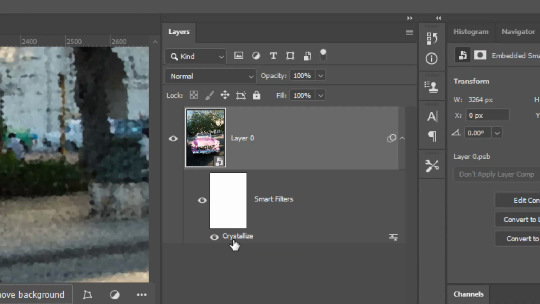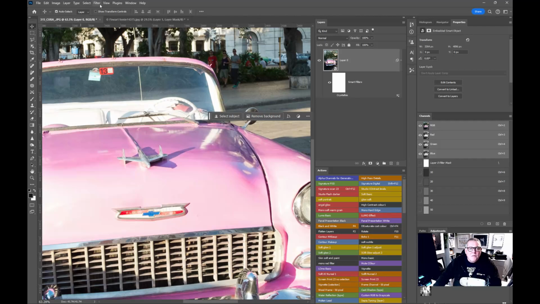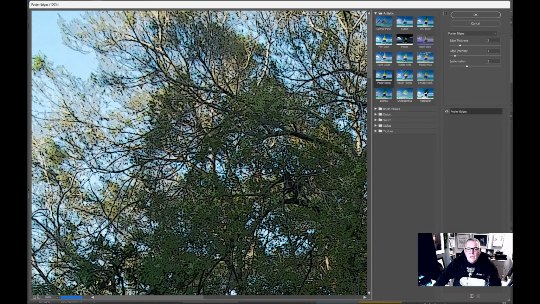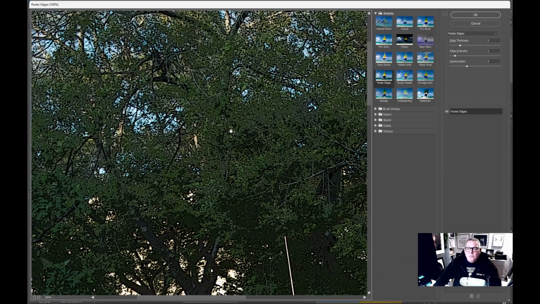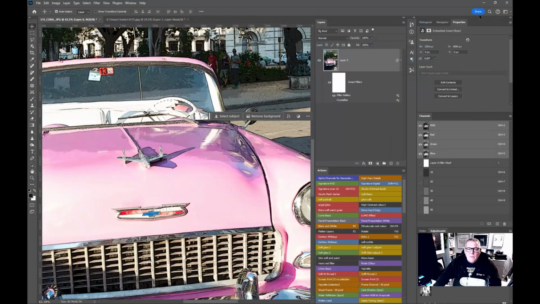If you're trying to give an image an artistic effect to begin with, do not be afraid of adding a filter onto it. So if I click the crystallize off here, and go into filter and into the filter gallery, and you choose the likes of poster edges, for instance, and we just press OK. So that's got a different effect running fully now. If I now Control-click onto the 20%, paste in my watercolor and click generate,